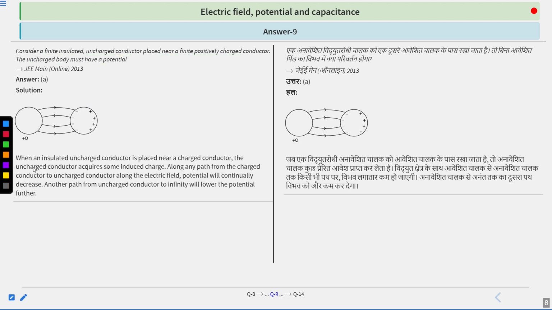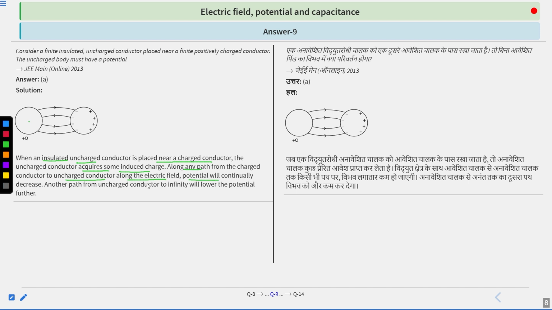Clear? So when an insulated uncharged conductor, this is the uncharged conductor, the number of protons is equal to the number of electrons. When an uncharged conductor is placed near a charged conductor, the uncharged conductor acquires some induced charge. Listen carefully. When this uncharged conductor is placed near this charged conductor, it acquires some induced charge like this. Clear? Along any path from the charged conductor to the uncharged conductor, along the electric field,